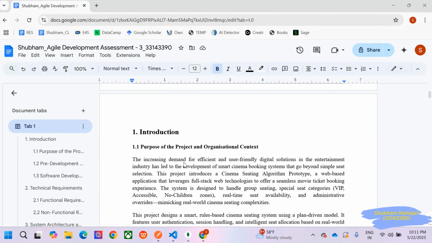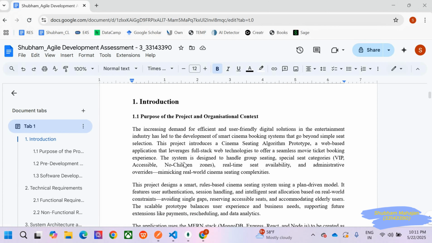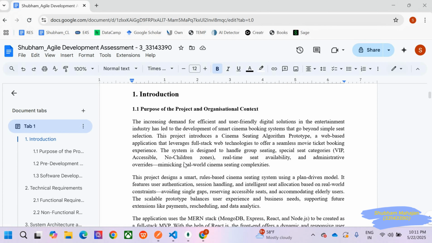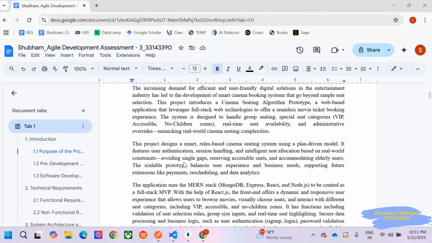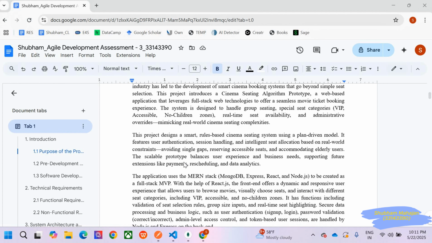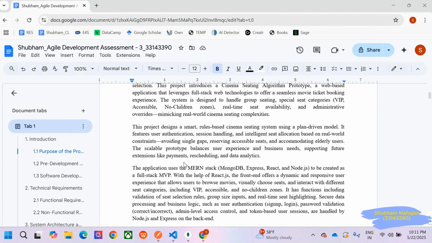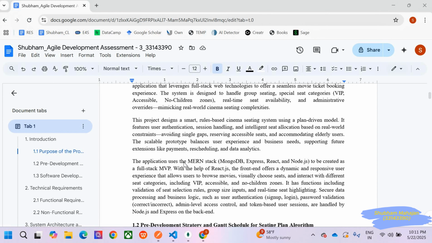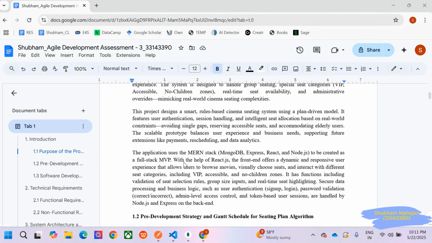After that, this is a quick technical overview of my cinema seating web app built using the MERN stack: MongoDB for the database, Express and Node.js for the backend API, and React.js for the front-end UI. The application includes user authentication, movie browsing, showtime selection, seat booking, and secure online payments with credit card validation options. A key feature is the custom seating algorithm, which enforces rules like group seating for 2